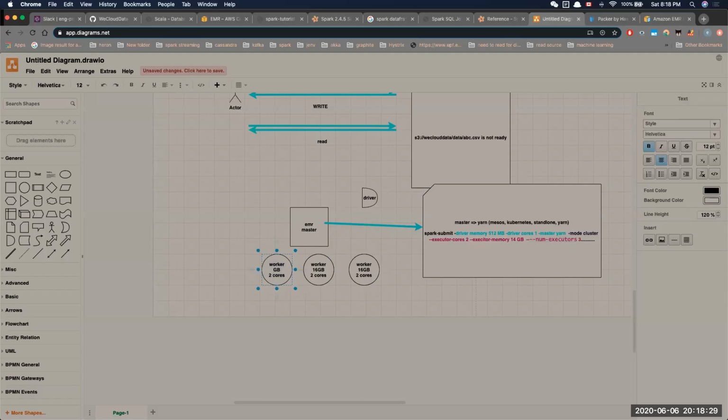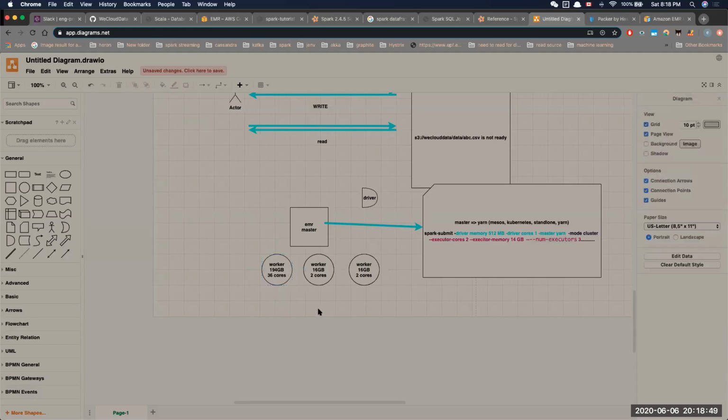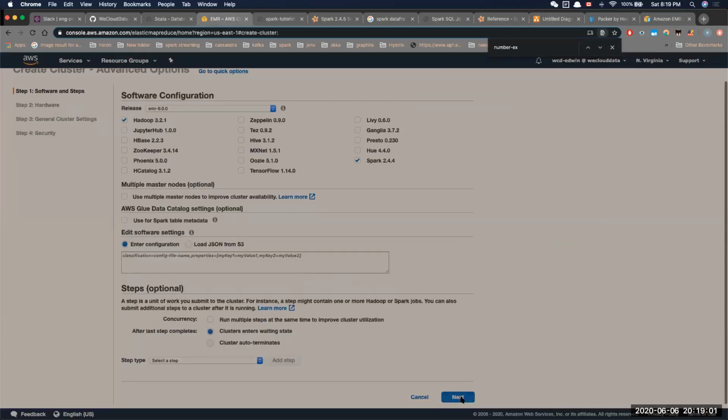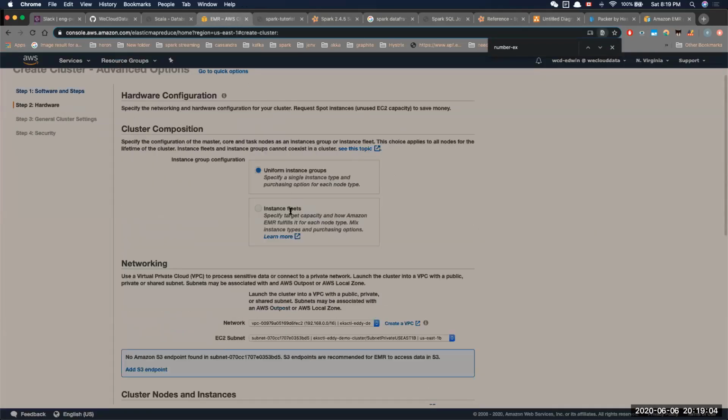let's say the one that I'm having, like let's make it 194, and then let's say 36 cores, and of course you are able to allocate different kinds of worker instance types within your cluster. That's called instance fleets, which, if you go to the next page, you're able to pick the instance fleets,